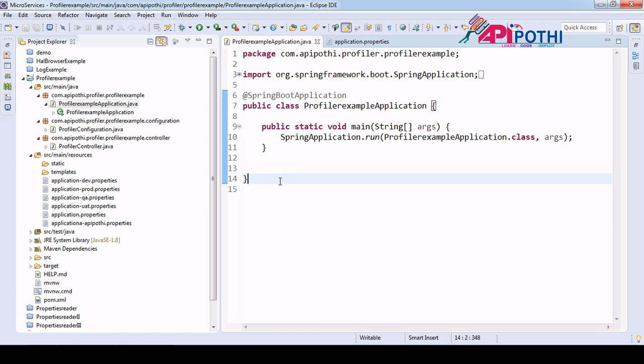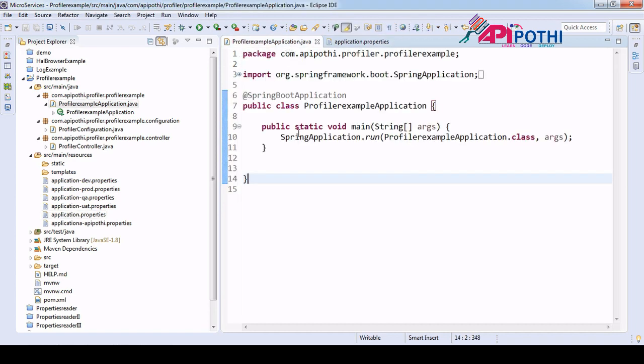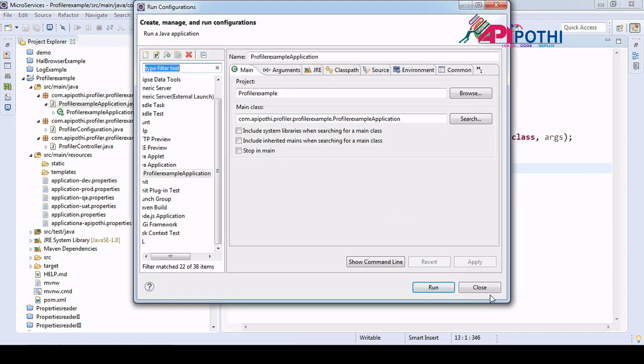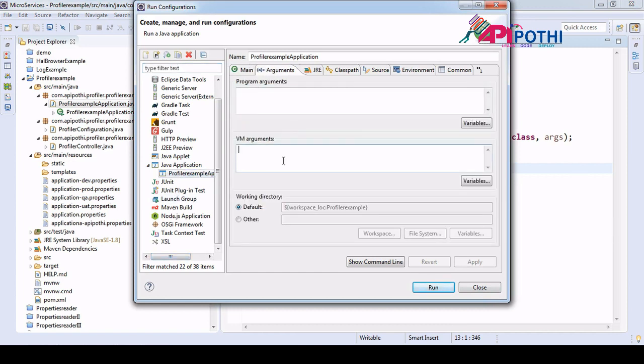In order to pass my VM argument, just copy this one, go to here, right click, run as configuration, go to here. Okay, this is fine. Go to the VM argument here, this one, -D equal to QA. So you can do the same thing through your VM argument also.